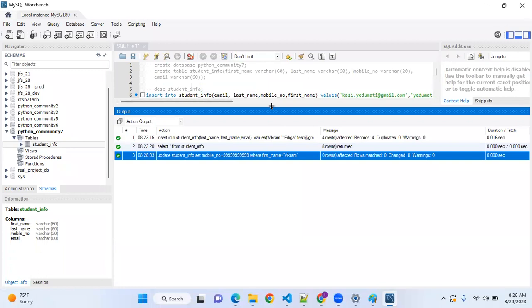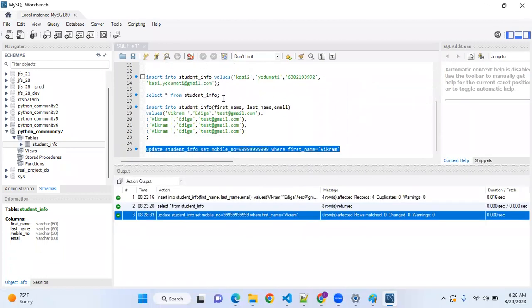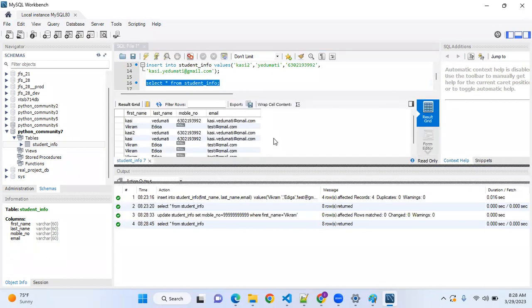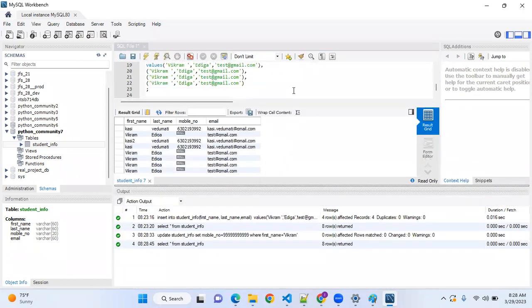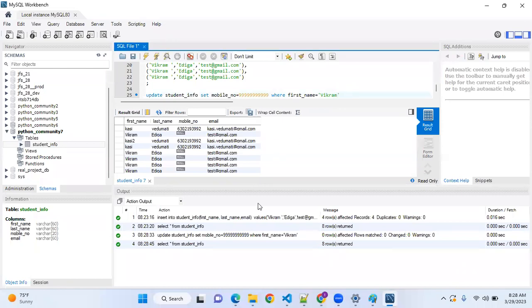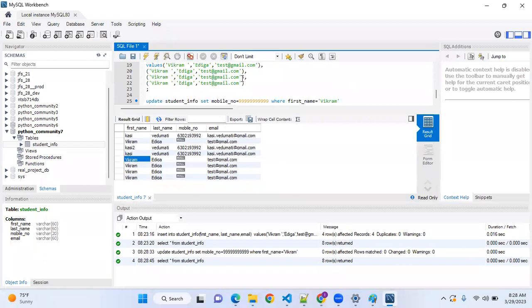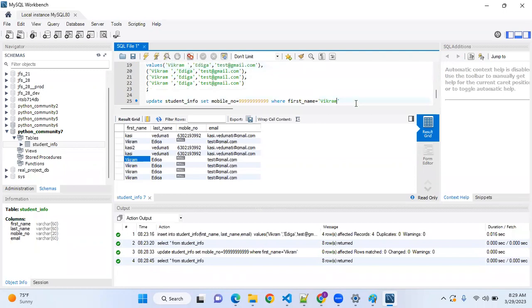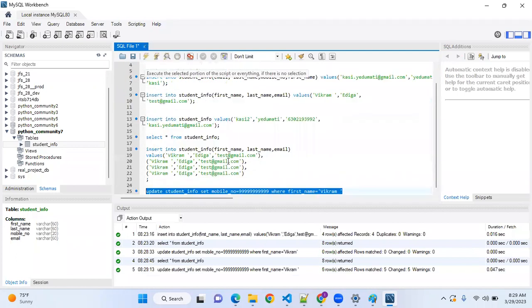Let me see whether the data is really updated or not. How do we see that? Using a SQL query. Okay, somehow it's not updated, guys. Why? We made some mistake. Oh, I see, I got it. The reason being, at the time of inserting Vikram, there is a space after Vikram. By mistake, we gave that space. That's why Vikram is not matching. Let me give the space here also. We should be careful about it.